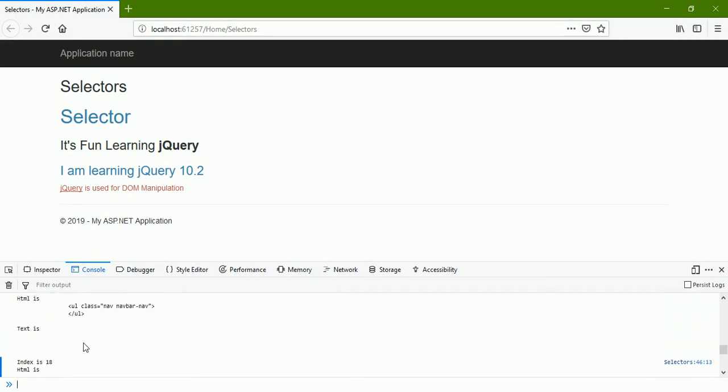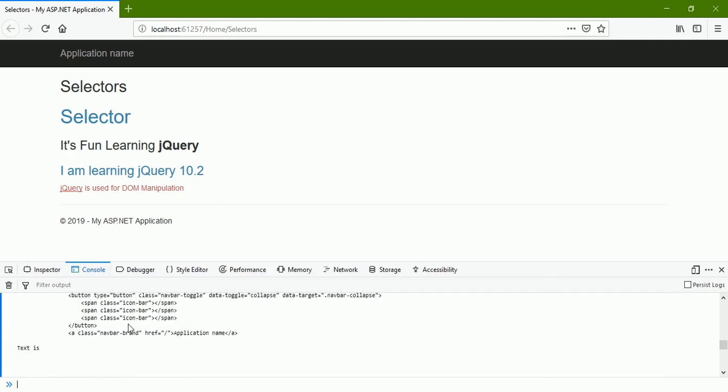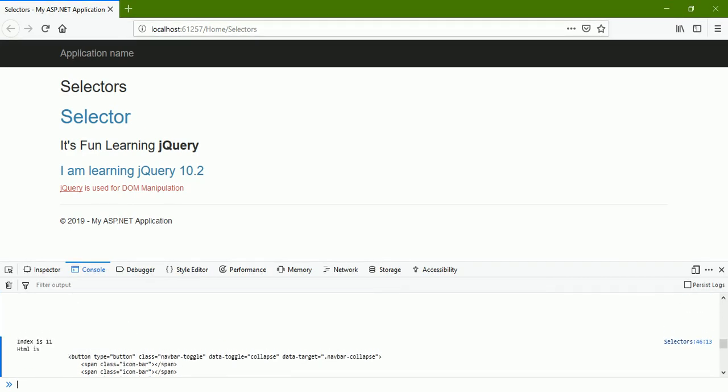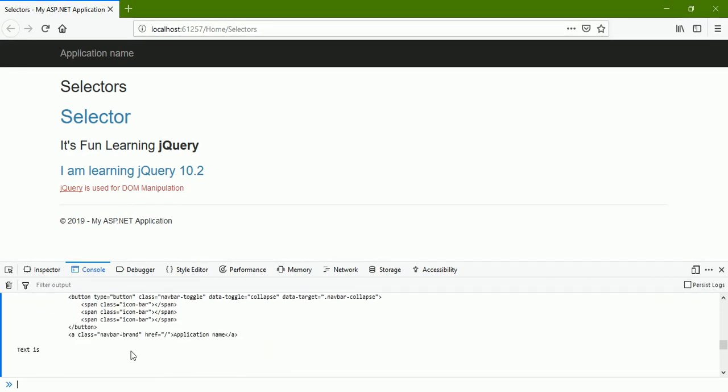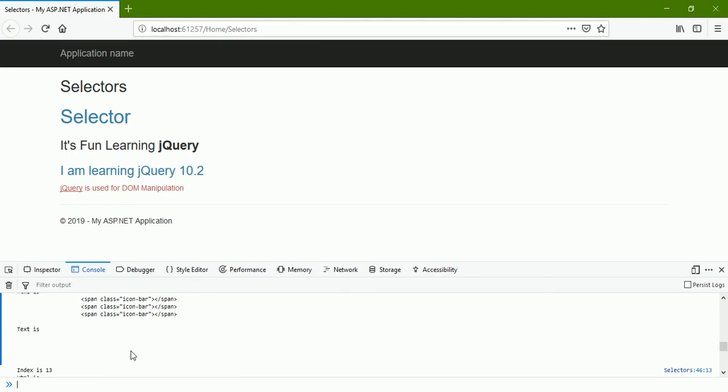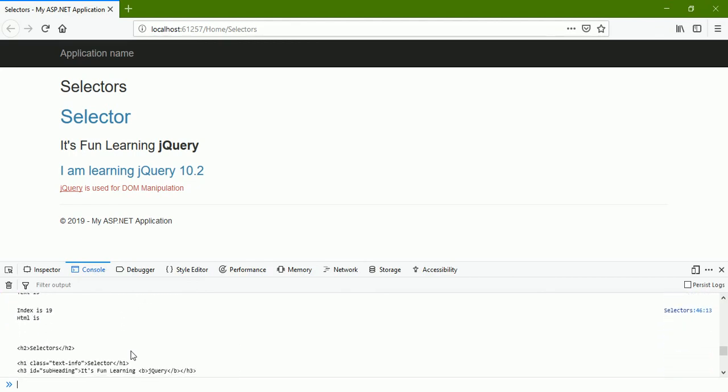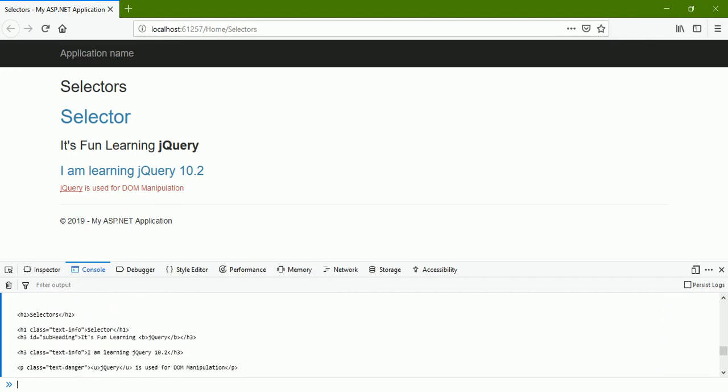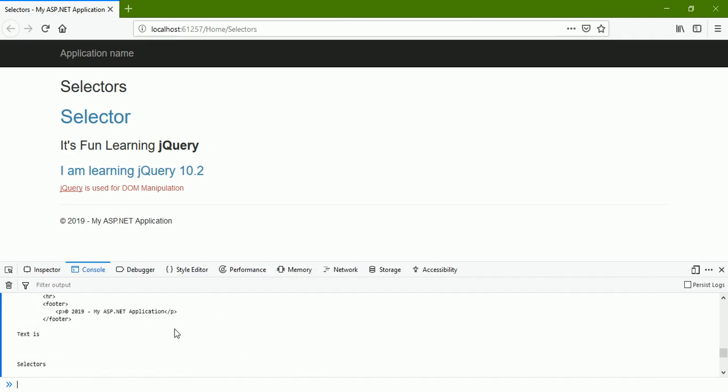Now you may think that we just have this much HTML on our view, and how did this get printed? Basically this view has a layout view, and all the things that you are seeing here are part of our layout view. So look at here, selectors, it's fun learning jQuery, everything gets printed. Okay, now what we will do,